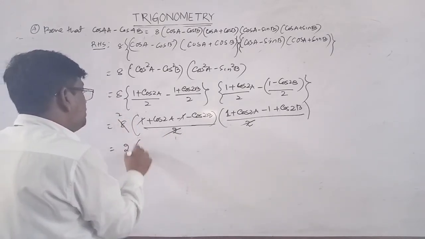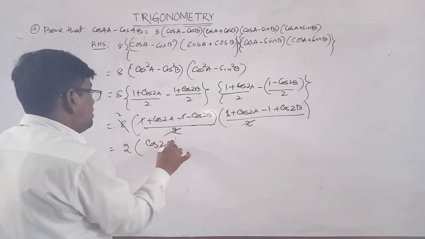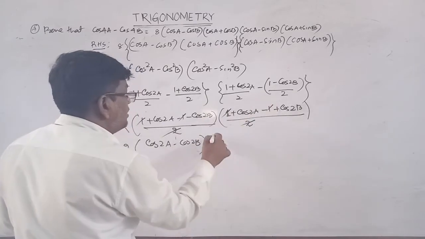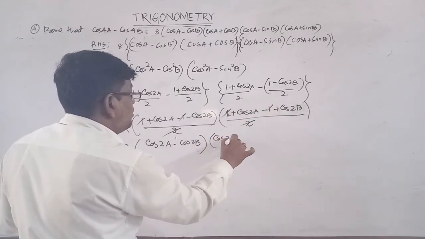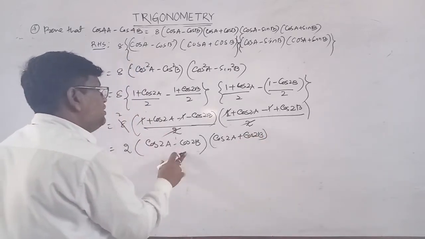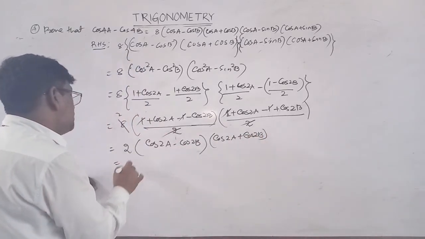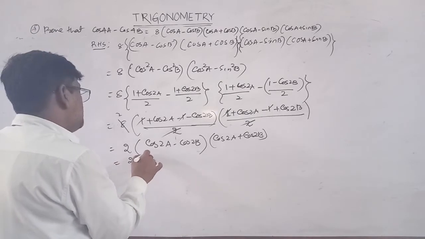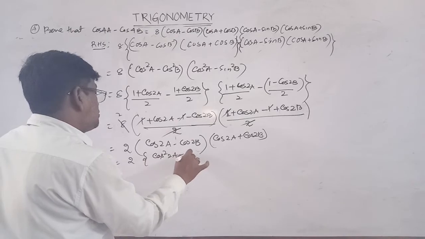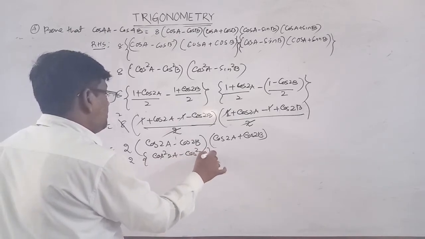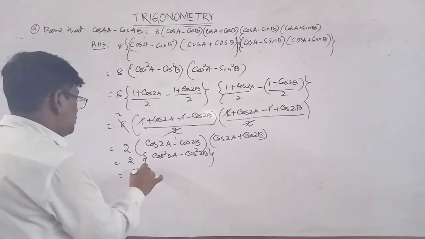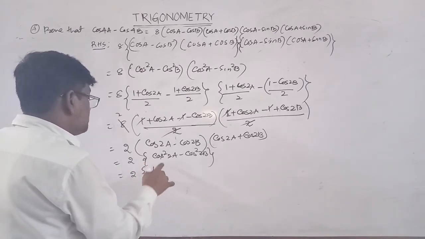Okay, 2 into cos 2a minus cos 2b, and this plus 1 minus 1 cancel, this is cos 2a plus cos 2b. This is a minus b into a plus b, again a square minus b square. So 2 into what, cos square 2a minus cos square 2b. Again apply here multiple angle formula, that is 2 into 1 plus what, cos